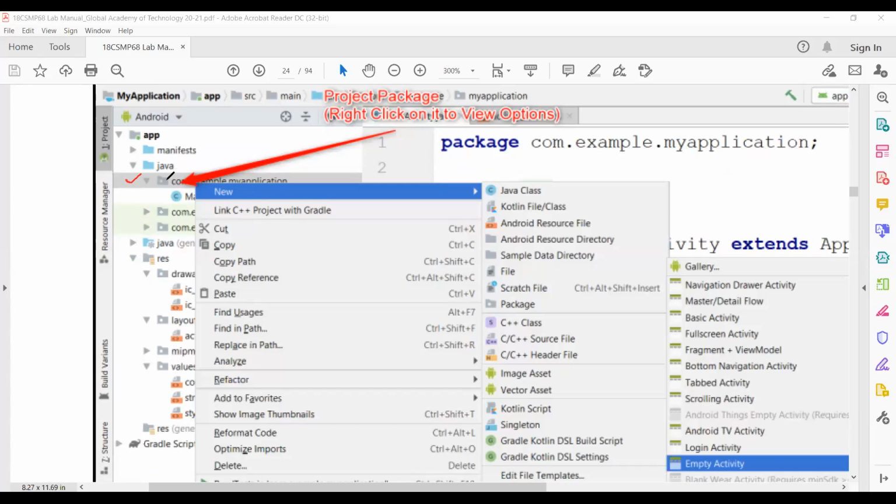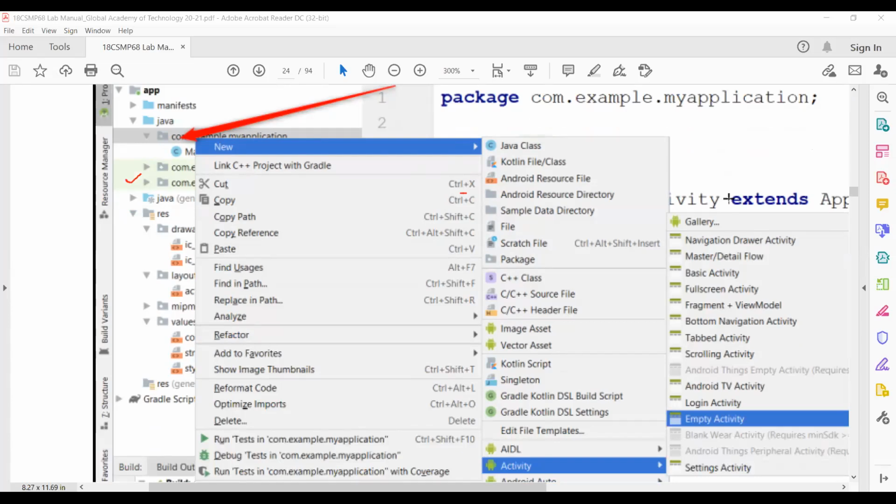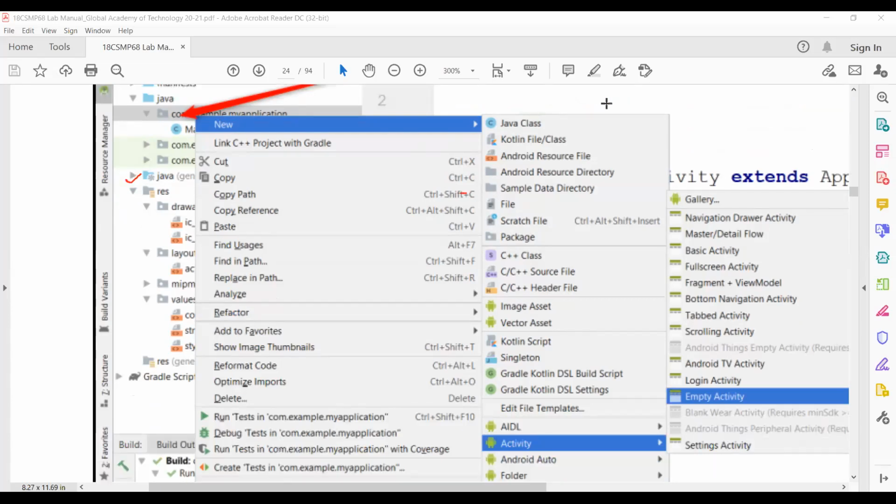You need to right click on this package, and you'll have this New option. Once you go to New, you'll get one more drop down list. Under this drop down list, you should go to Activity.